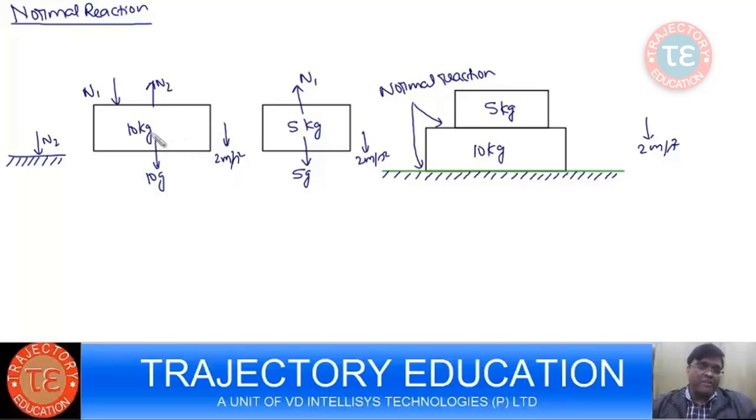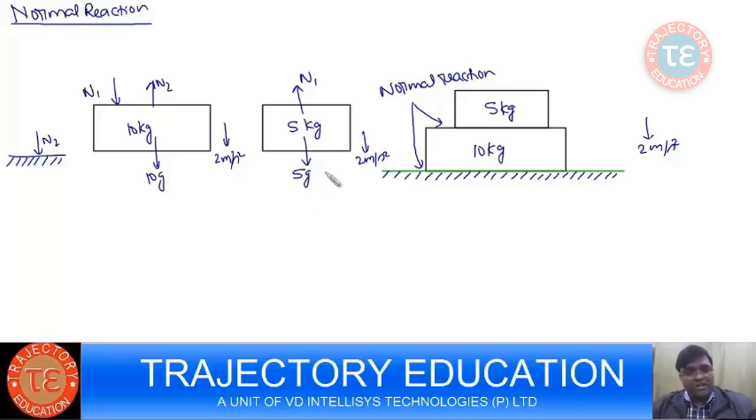So each of these forces is telling you about the different kind of interaction the body is subjected to. This 10 kg body is interacting with 5 kg, so you have N1 for that. This 10 kg interacting with the ground, so you have N2 for that. This 10 kg mass is interacting with the earth, gravitational force, which is a field force, that's why you have 10G, right? That is 10G. So this is the free body diagram, and you know that both are accelerating with 2